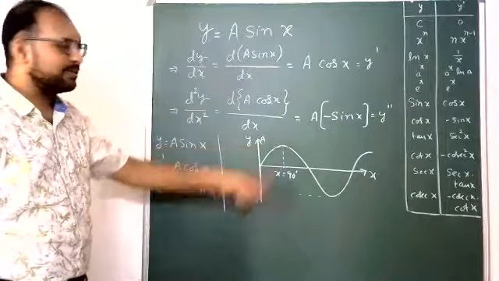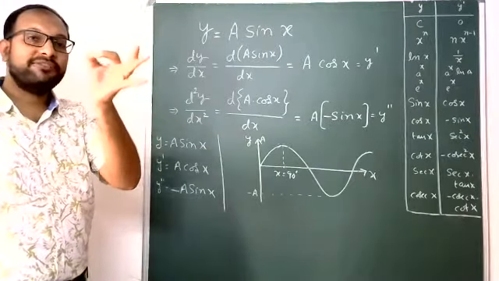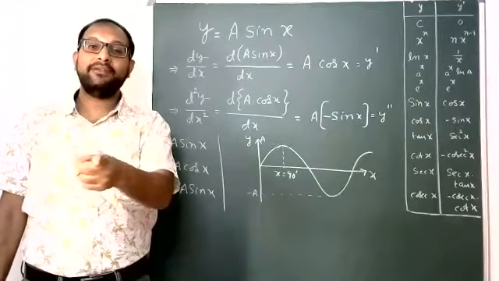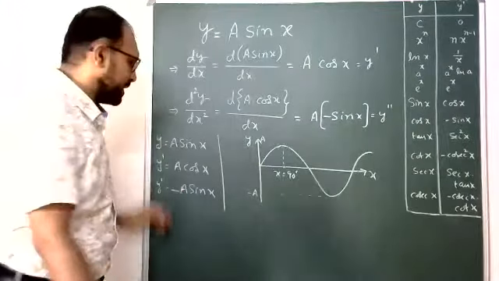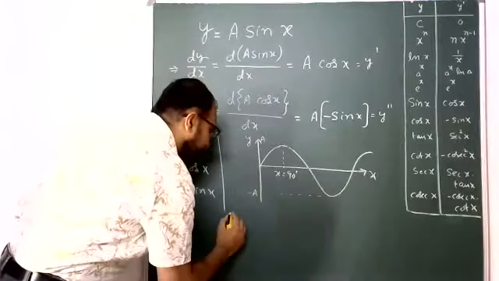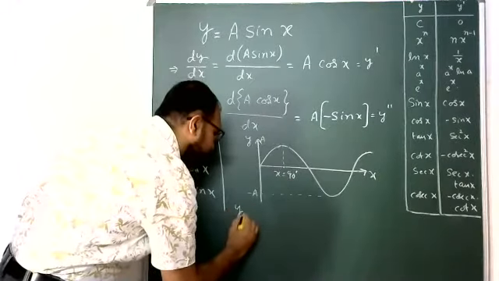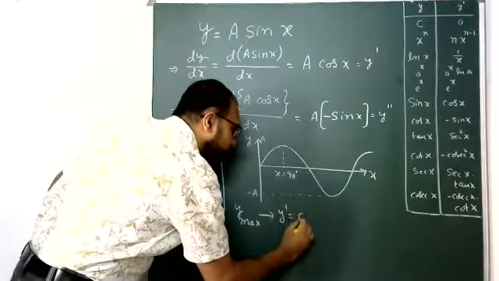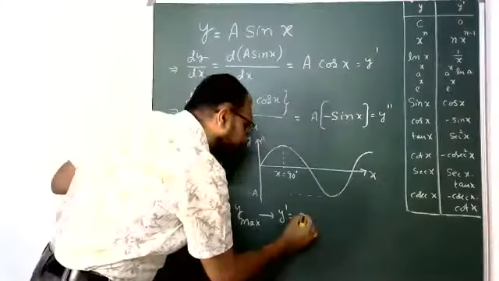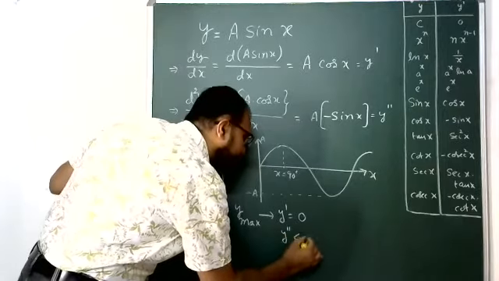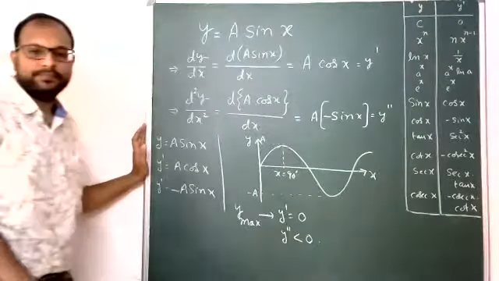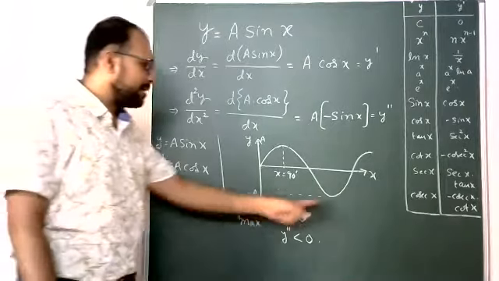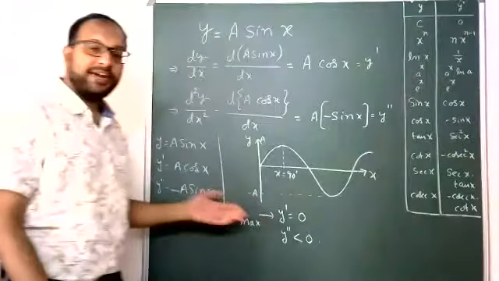So that's why, students, at any maximum value of a curve, the first derivative is 0 and the second derivative is negative. So now the conclusion: at a maximum value, at y maximum, the first derivative is 0, meaning slope 0, but the second derivative is negative. Same concept, come here, students. And you can verify this with an example also.